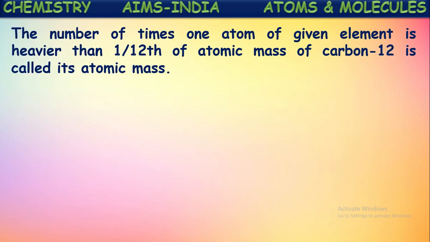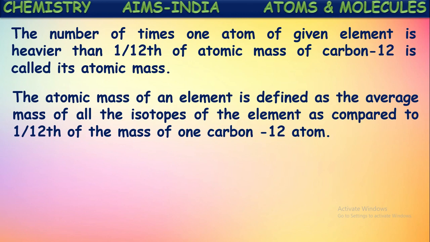The number of times one atom of a given element is heavier than 1/12 mass of carbon-12 atom. 1/12 the atomic mass of carbon-12 is called its atomic mass unit. Now, by taking this as a standard, they have tried to compare the atomic mass of the remaining elements. So, how many times it is heavier than 1/12 the atomic mass of carbon-12 is taken as the atomic mass of that element. The atomic mass of an element is defined as the average mass of all the isotopes of that element as compared to